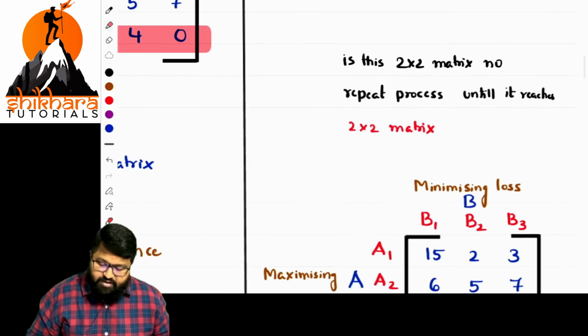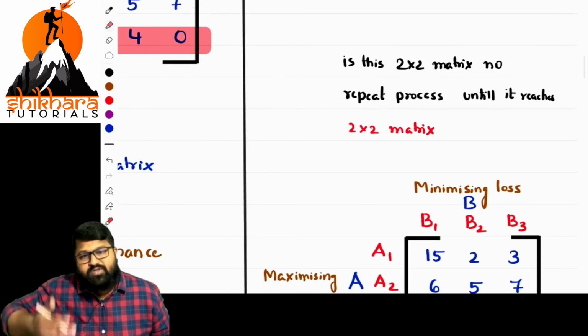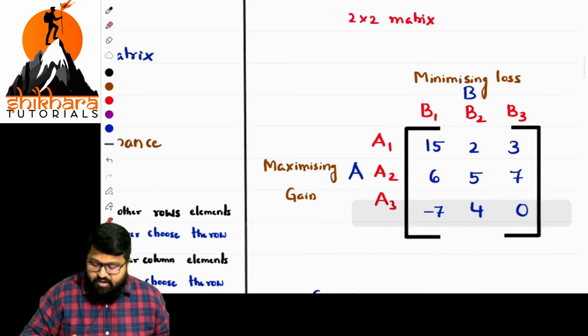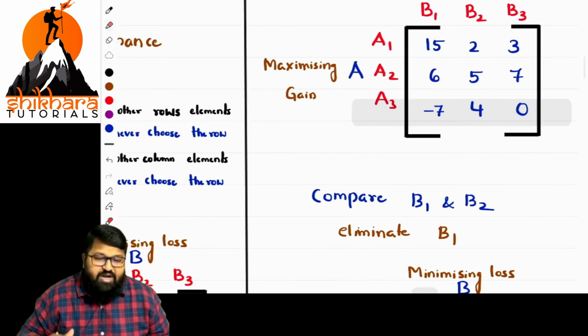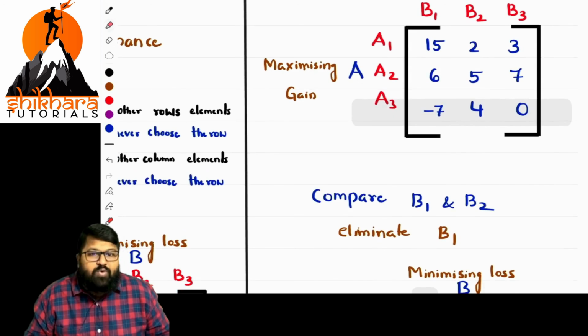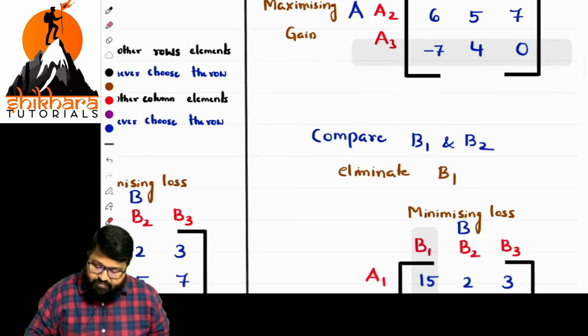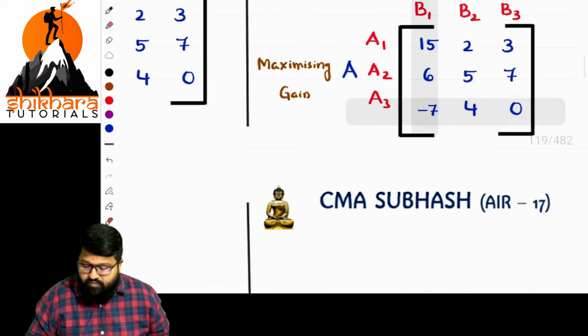Okay. And next, is it a 2 by 2 matrix? No. Then we have to repeat the process until we reach a 2 by 2 matrix. Now what are we comparing? We're comparing B1 and B2. By comparing B1 and B2, what is highest? B1 is highest. So eliminate it. Okay. Finally, we got this matrix. Now what should we do, sir? We have to check the